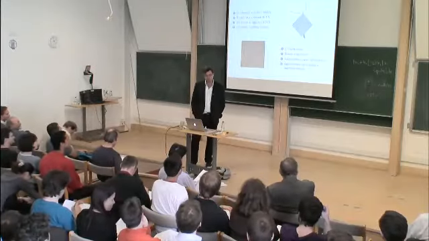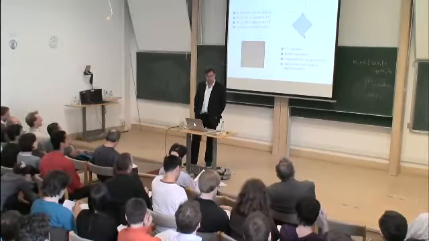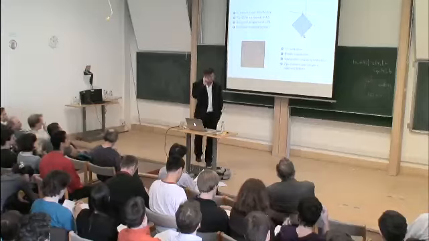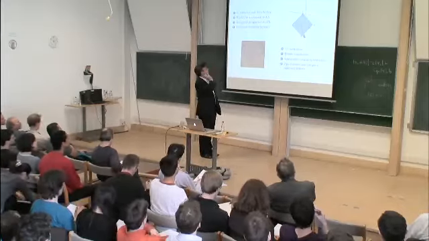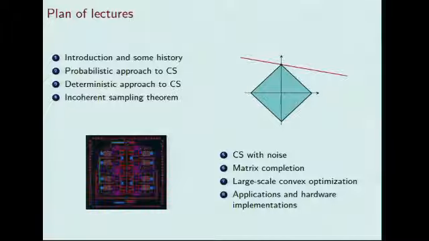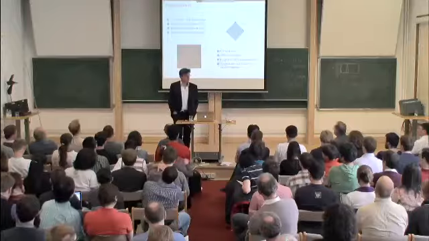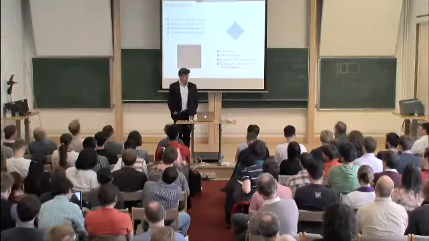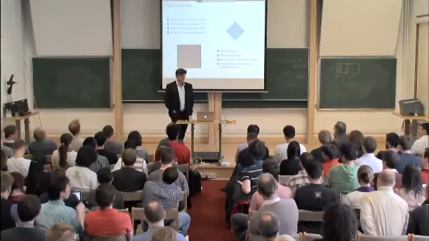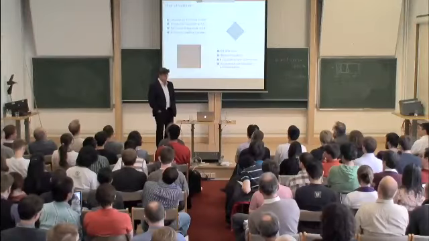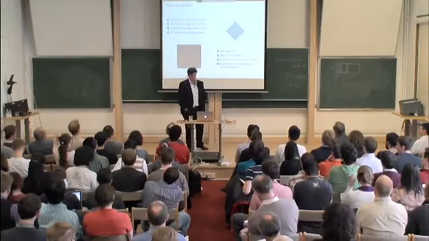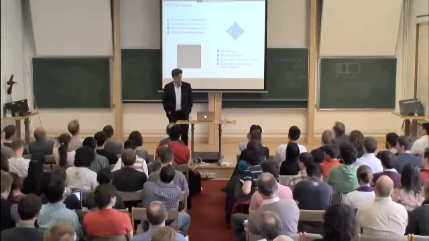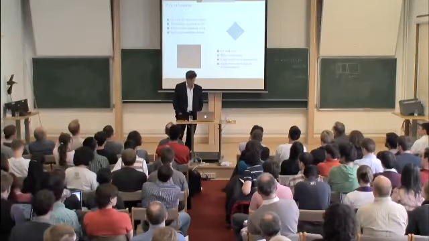All right, so this morning we saw a very simple theory. First of all, where we are: we're in lecture 3, and we're going to discuss a deterministic approach to compressed sensing. Tomorrow I hope to show you some ideas that lead to the proof of recovery from highly structured measurements such as Fourier. And then, as I said many times already, in the second part of these lectures we'll ease off a little bit on the concepts and start talking a bit more about other things, applications and large-scale optimization.